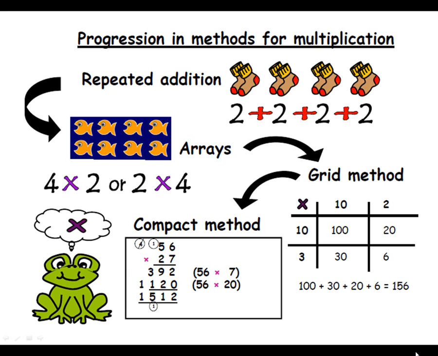At this point, I think it's probably worthwhile mentioning tables, because by the time children get into year 5, year 6, they might be working with multiplying hundreds, tens and units by 2.4 and be expected to record that on paper, and they're not going to be able to undertake that operation if they don't have an understanding of their tables facts, which do begin in Key Stage 1, but by the time they're in year 5, they're meant to know all their times tables, inside out, back to front, upside down, off